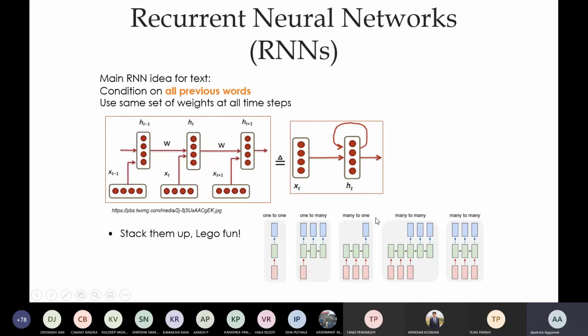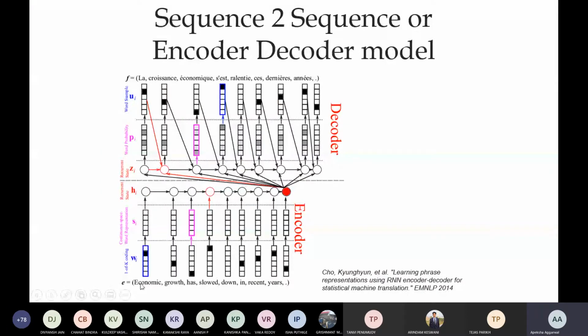Now why is this like this? Suppose we have an English sentence and we want to translate it into French. French may have a different number of words than the English sentence. So we train the encoder network, which is many to one: we have many features, we train it with a recurrent neural network or encoder, and we get one output. We don't use the rest of the outputs, we only use this one output, and it consists of important feature representation from all these words.